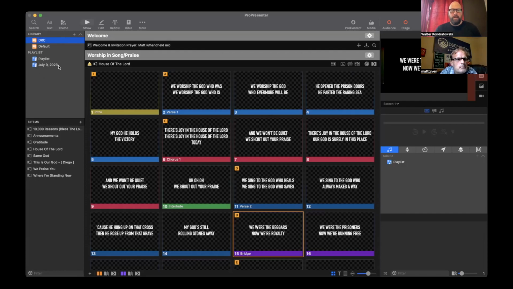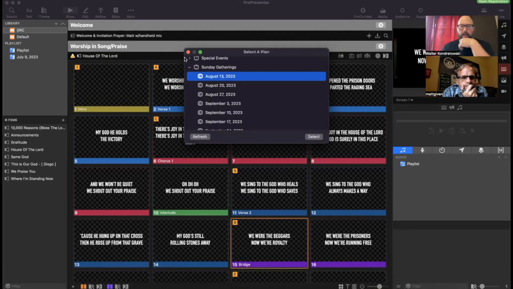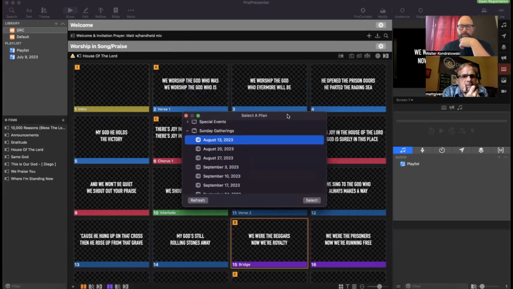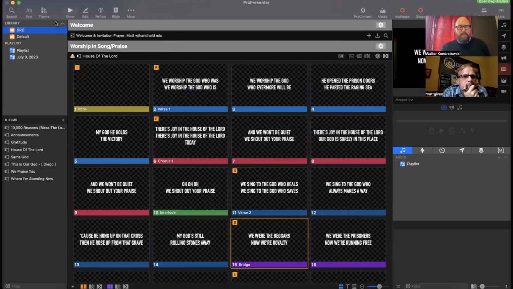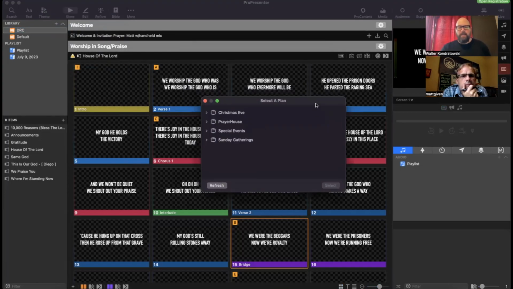or bring in a playlist from ProPresenter, you'll go up to the library and hit plus, share. Can you see it? Yes, I can now. So click on this plus button, then planning center service,